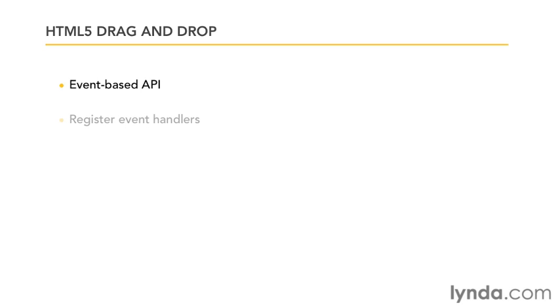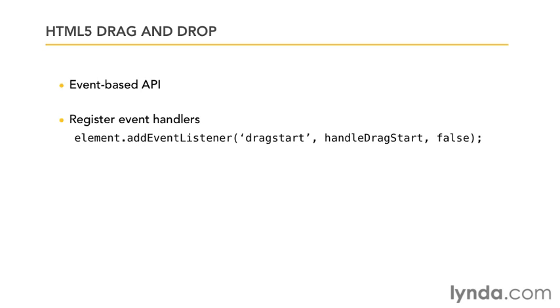So the first thing you must do is register your events. Events are registered using the add event listener method. And keep in mind that some events may be fired repeatedly. For example, the drag over event may fire many times per second while an object is held over a drop zone. A drop zone attribute may be used to specify a drop zone and to receive data from the drop